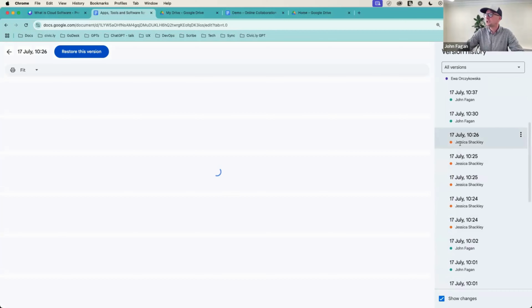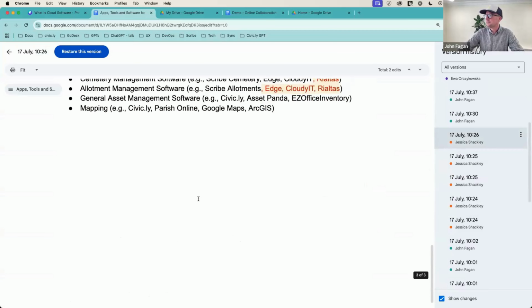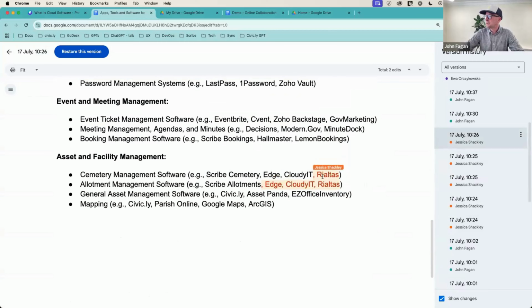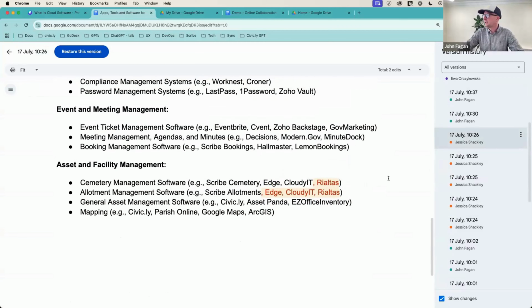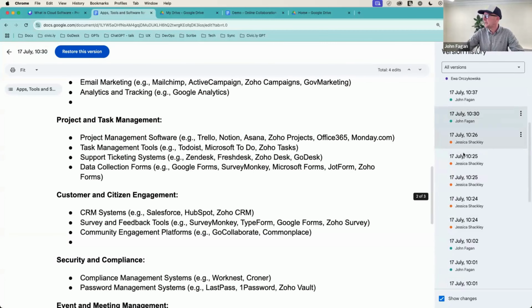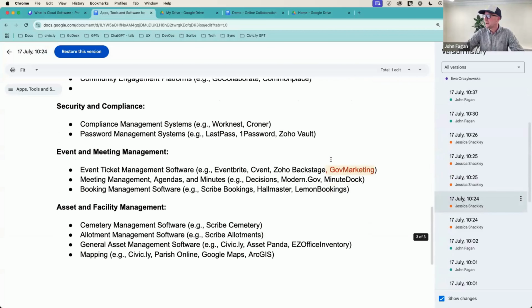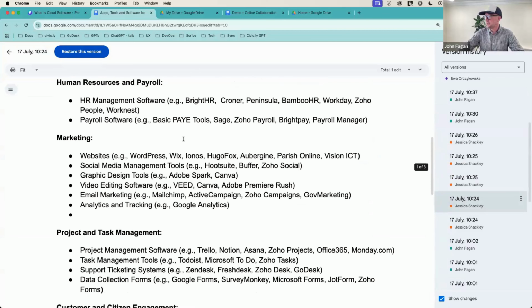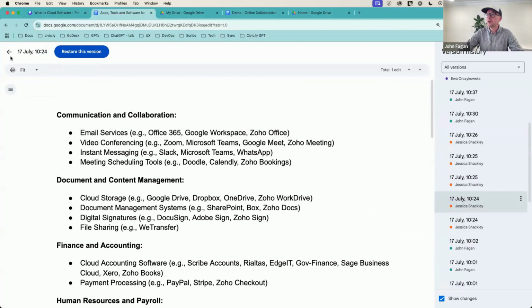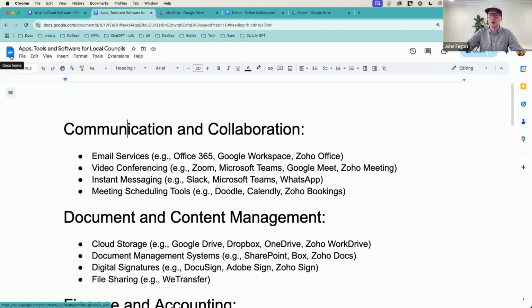I can see what changes she's made. She added Rialtus, Edge, Cloudy IT to the asset management. I can see any changes, and I could restore to that particular version. So it's all backed up. It's not only a backup of the whole file, it's all the previous versions. So I think I'm going to call it, that's 30 minutes in.